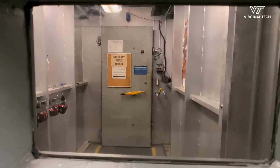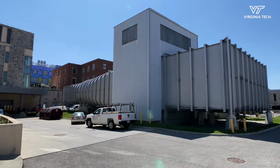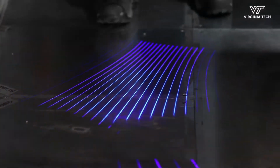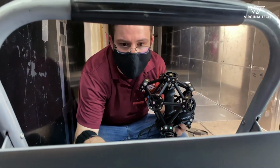The Virginia Tech Stability Wind Tunnel originally started out as the NACA Stability Wind Tunnel, and in about 1960 it was given to Virginia Tech, and it became a teaching and research facility for Virginia Tech. It's also become an internationally known aeroacoustic wind tunnel. That's made us very well known because this was an innovative change, and others are now copying it across the